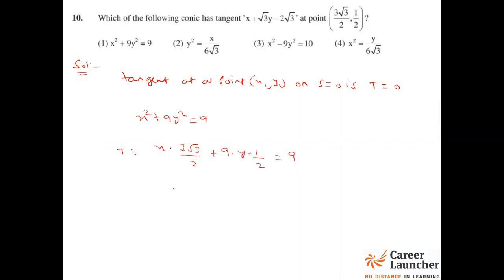So if you simplify this term, how much, 3 root 3 is common. Taking LCM, it will become x plus root 3y is equal to 2 root 3. So the first option itself is giving the answer for us. So option 1 will be the answer for this.